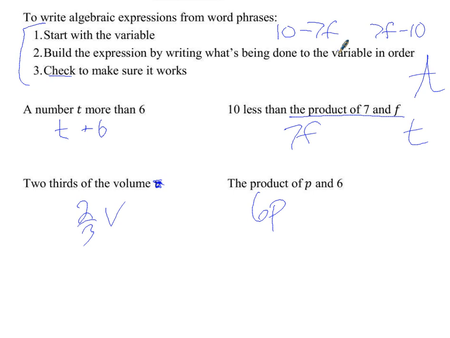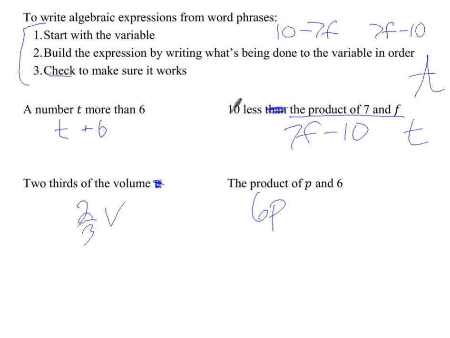Okay? Which one is that? It's this one. So we actually need to write 7f minus 10. Be very careful with subtraction. And less than, and the other word, less. If I said 10 less the product of 7 and f instead of 10 less than the product of 7 and f,